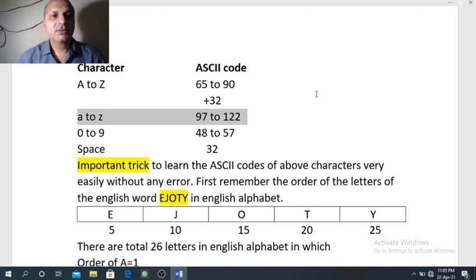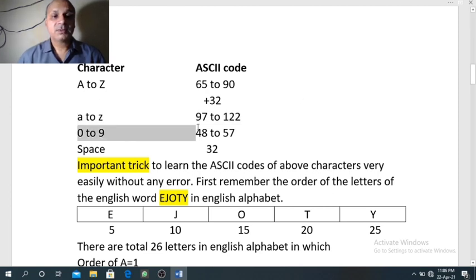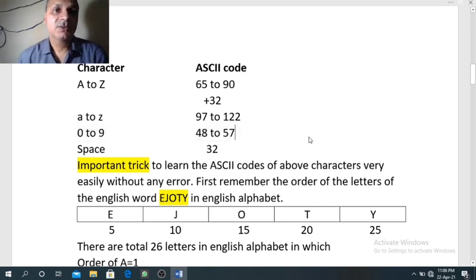It is the ASCII code of small z. Now digits 0 to 9 have ASCII codes from 48 to 57. So 48 is the ASCII code of 0. 49 is the ASCII code of 1. 50 is the ASCII code of 2, and so on. Space is also a special character which is used quite often in programming code. So we should know the ASCII code of space also, that is 32.